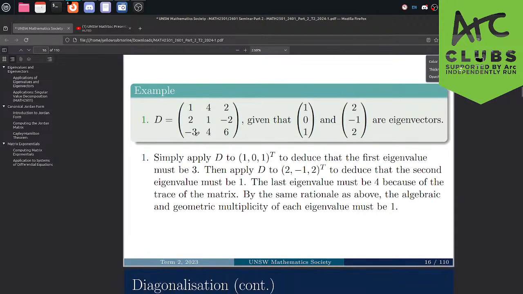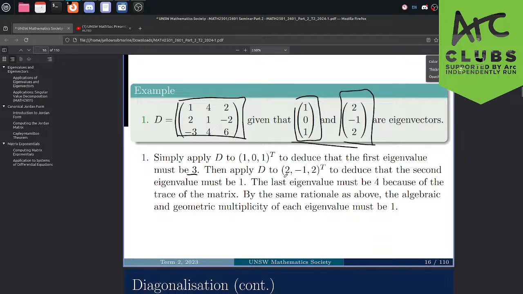Now, in this case, we're given a matrix and we're given 2 eigenvectors. So no need to think too complicated on this one. All this question really needs us to do is just find the eigenvalues for these 2 eigenvectors. So I won't do the calculations here, but if you do your normal matrix vector product and do D times this vector here, you'll get 3 times that vector. And if you do this vector here, you'll get 1 times that vector, so you'll get the vector itself. So you found your 2 eigenvalues are 3 and 1, right?